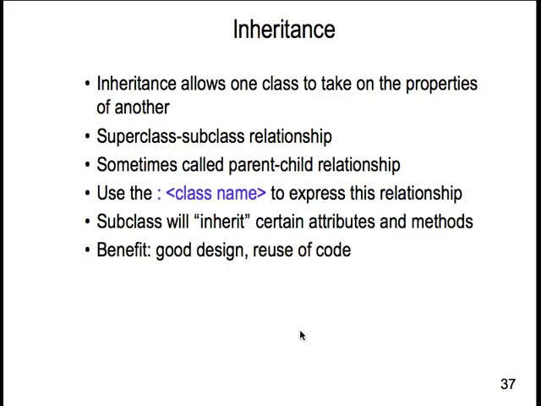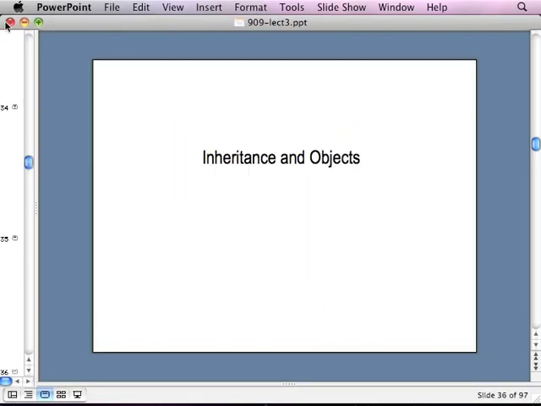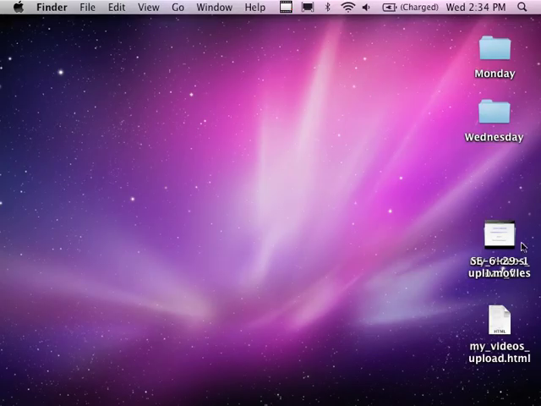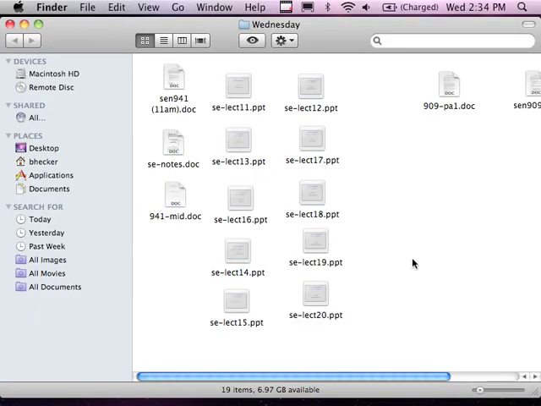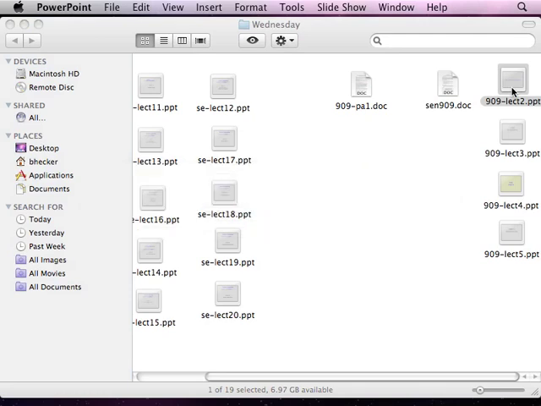Now what I want to do is switch lectures, because I don't want to talk about inheritance today. This was lecture 3, by the way, and we'll finish lecture 3 next week with inheritance, but I want to go back to lecture 2 that I had started previously. Whoops, I thought I had it open, but I guess I didn't. Let me go find lecture 2. Here it is. And finish up with the concept of the class, and you'll see a slightly different,